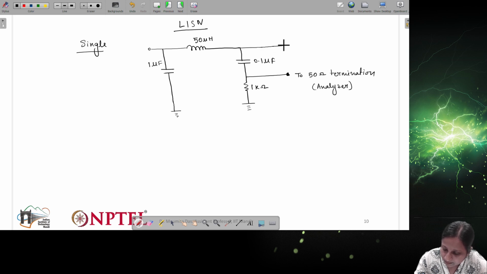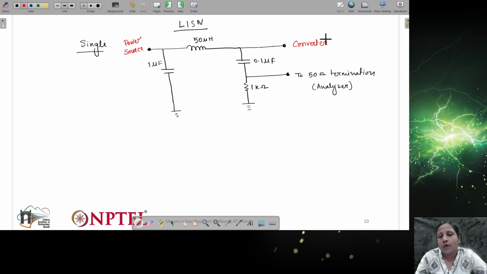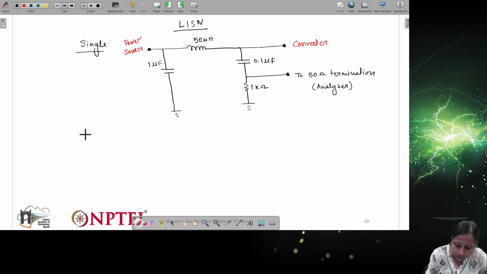These two different points will be connected. This will be connected to the power source, and this will be connected to the converter or the equipment under test. So in between the power source and the converter, this network will be present, and this network will give us the different noises. Now if I have to draw the circuit diagram for dual LISN,